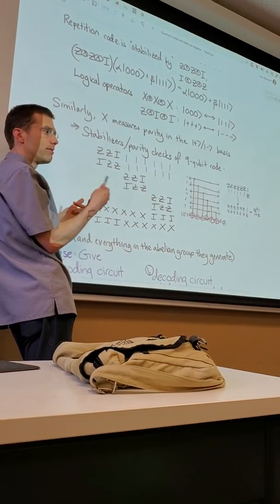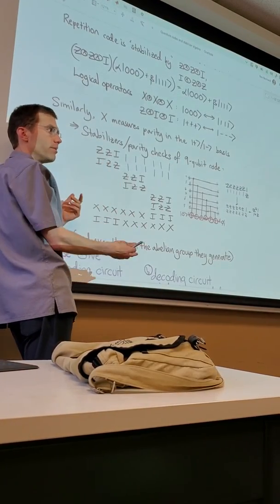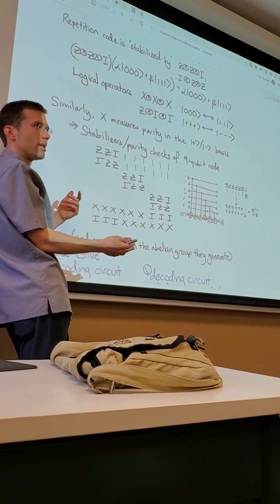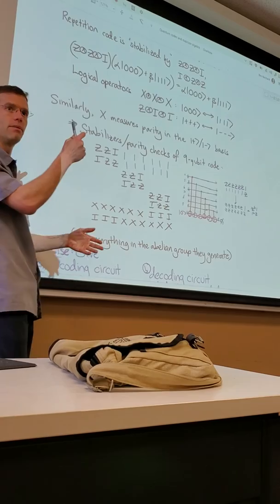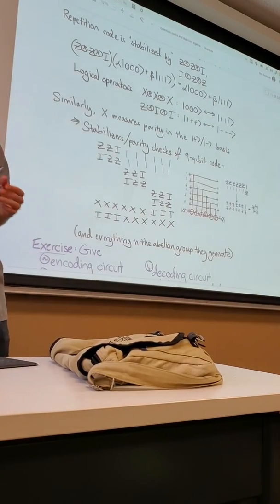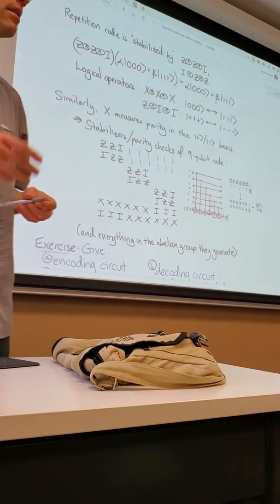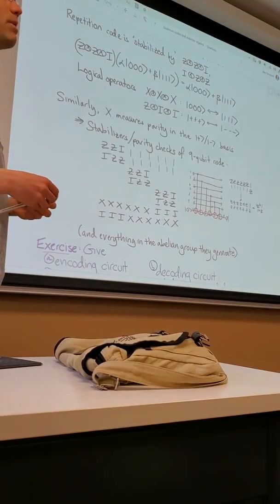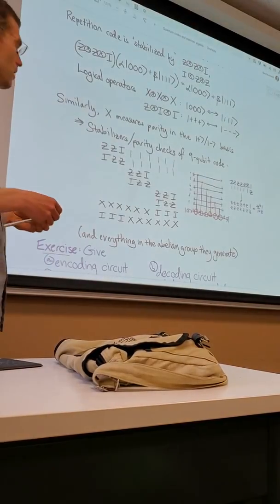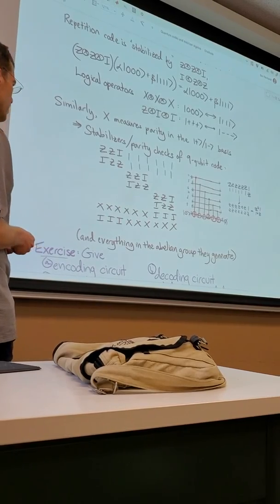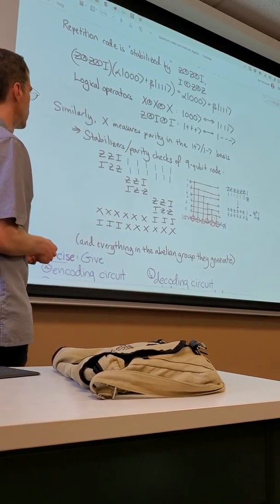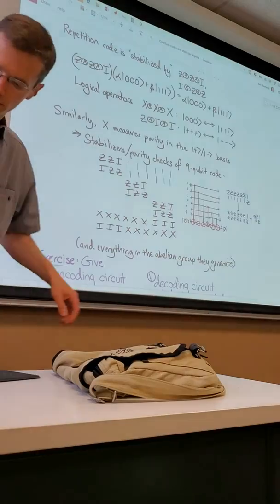So remember, every stabilizer reduces the dimension of the +1 eigenspace by a factor of 2. If I start with 2 to the 9 dimensions of freedom, after 8 stabilizers, I still have 2 to the 9 minus 8. I have one qubit left. And so, right, okay. So these are the